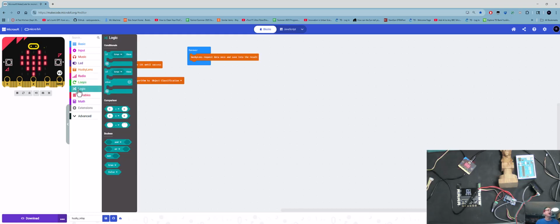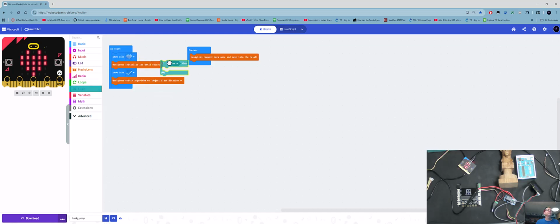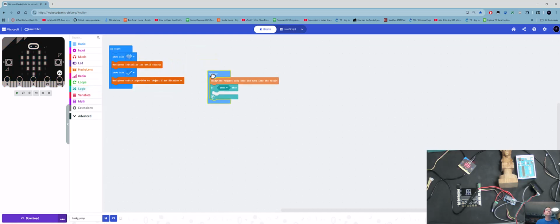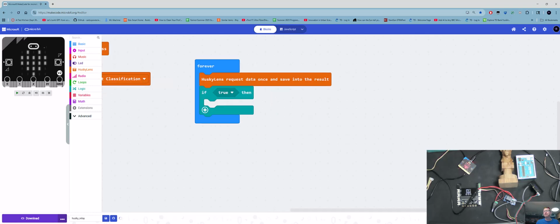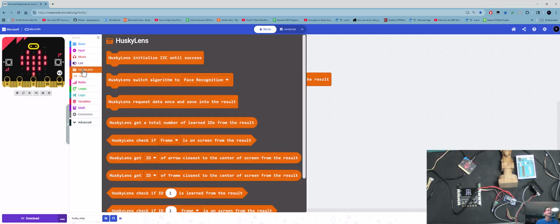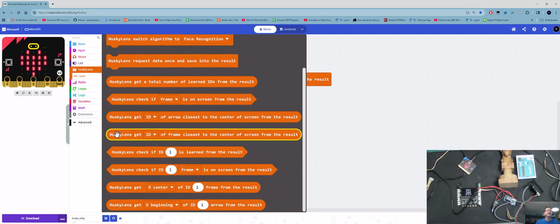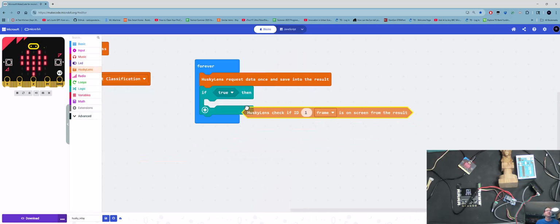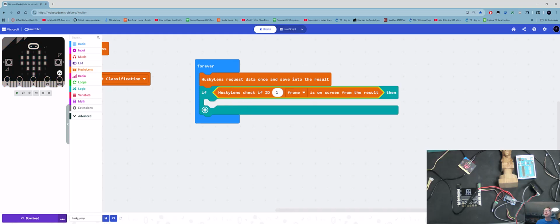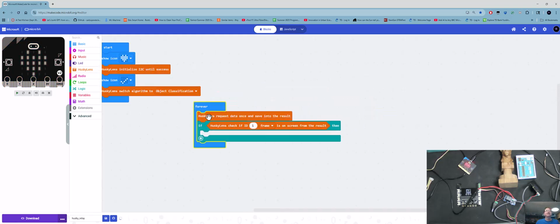I'm going to go to logic. I'm going to go to my if statement, and I'm going to put that in. Okay, and make this a little bigger here. I'm going to go to Husky Lens. This time I'm going to scroll down till I see Husky Lens. Check if ID 1 frame is on the screen for the result. So I've got that. Okay, and what I want to do is, if it's 1,